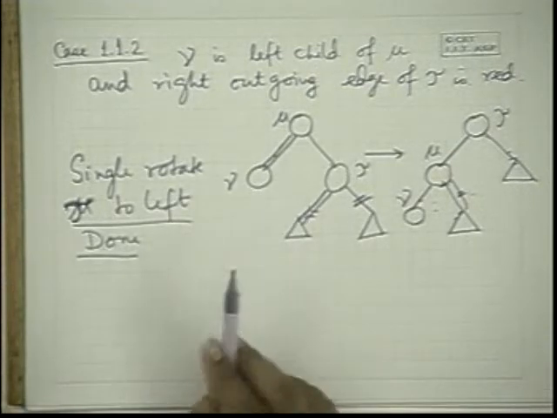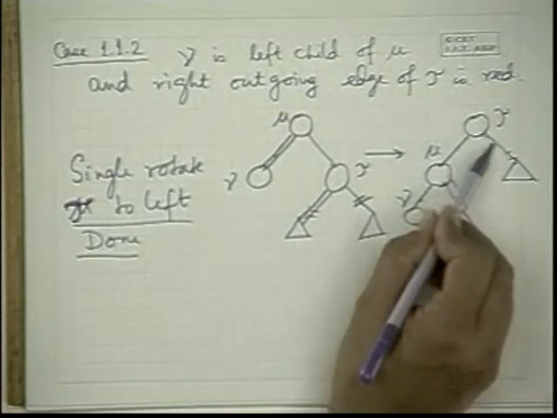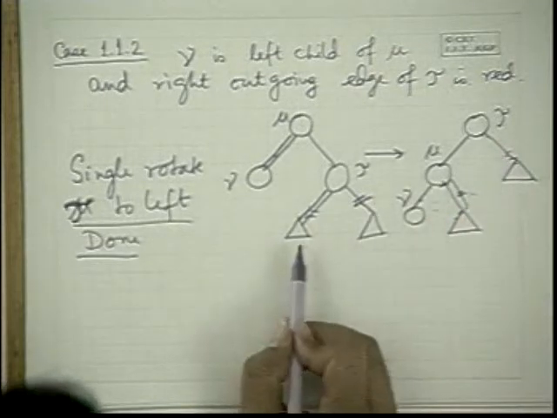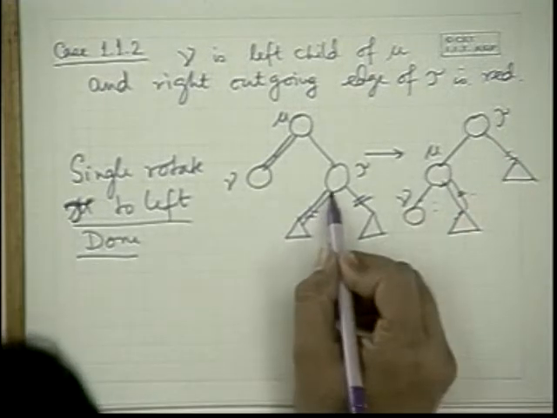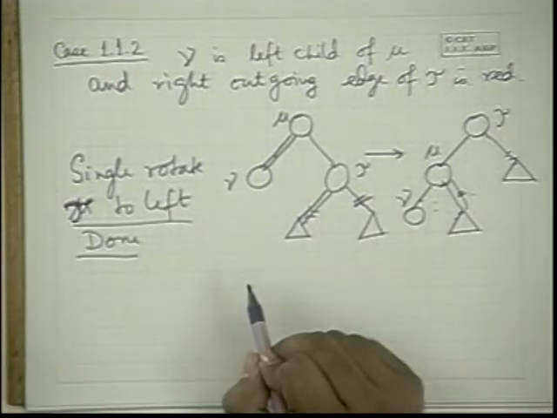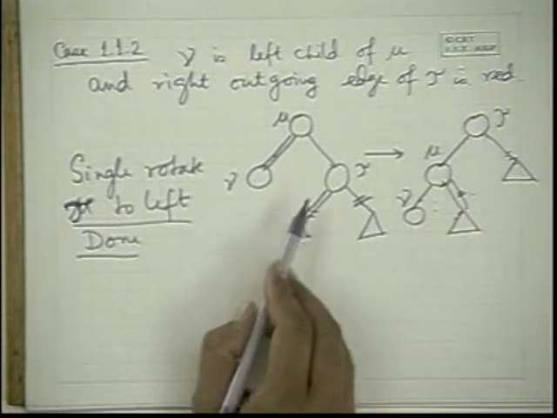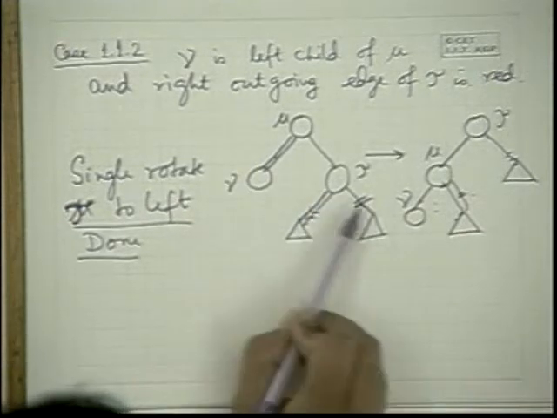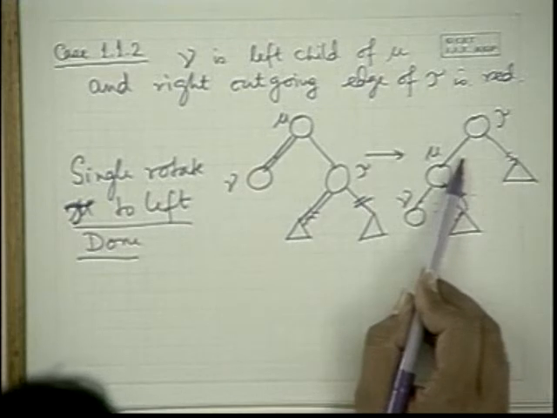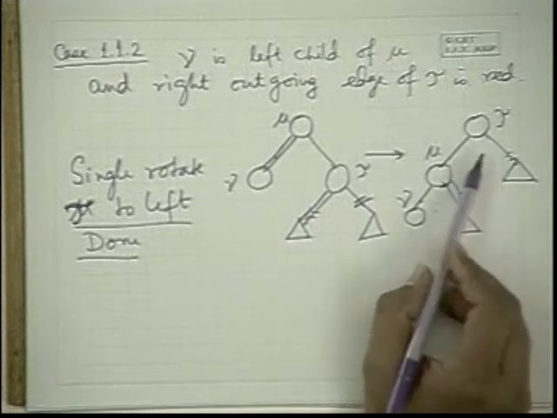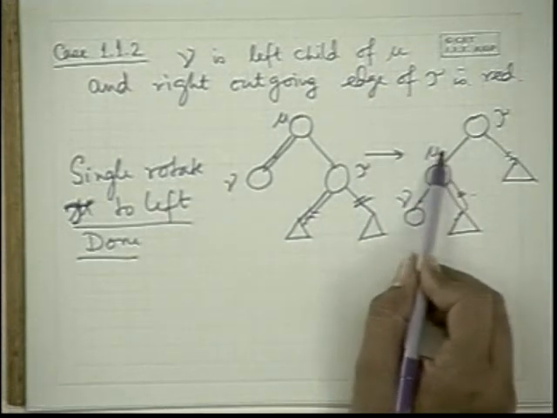Oh, I see what you mean. You mean now tau was having red, I have made one black. Yes, that's the condition you are saying. So in that case, yes, you were right actually. So if this were red, you make it black. If it were black, it's all right, because on the left hand side of tau we have now introduced one more black. That's why it's all right.